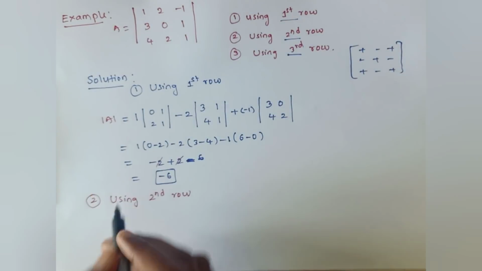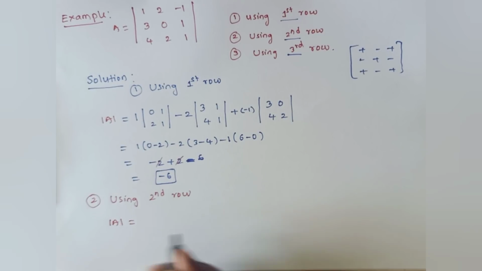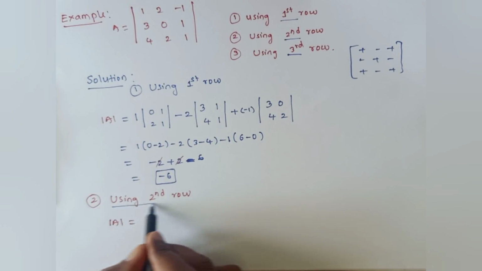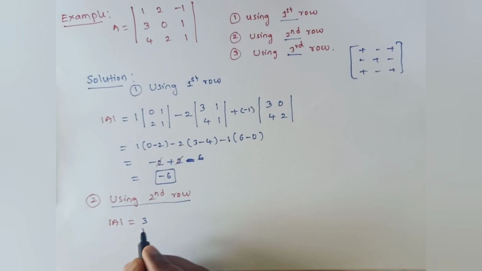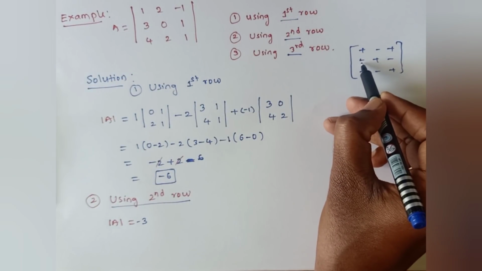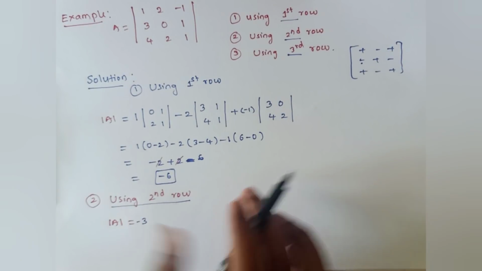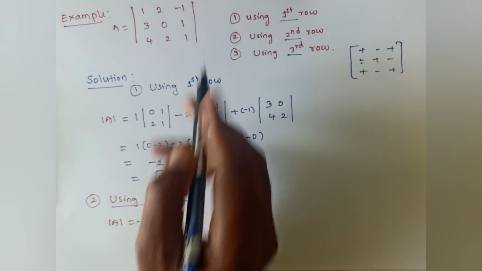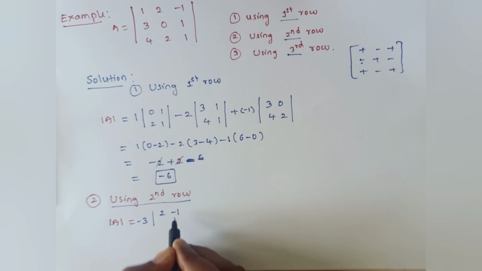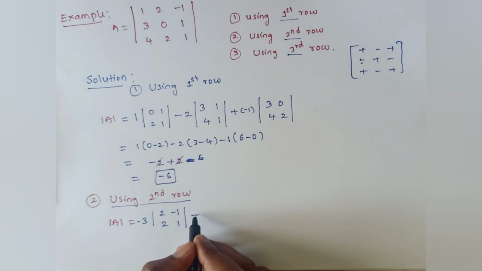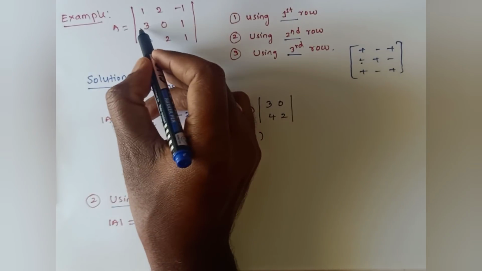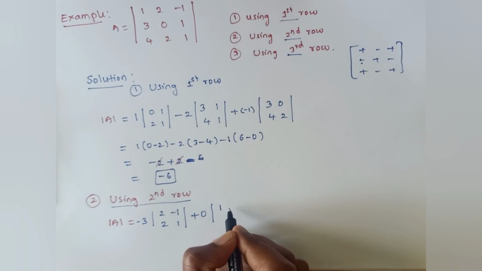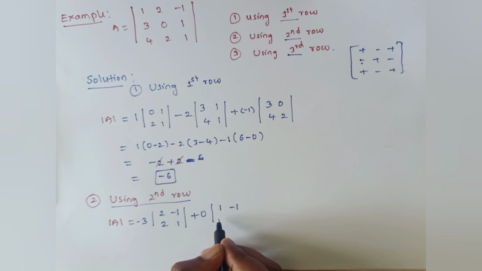For example, det A equals, so the second row elements are, 3 into cofactor. The sign of 3 is minus, so it is minus 3. In this second row the signs are minus plus minus. So 3 into, delete the row and column, 2 minus 1 2 1. Next plus 0 into, by deleting this row and column, the remaining elements are 1 minus 1, 4